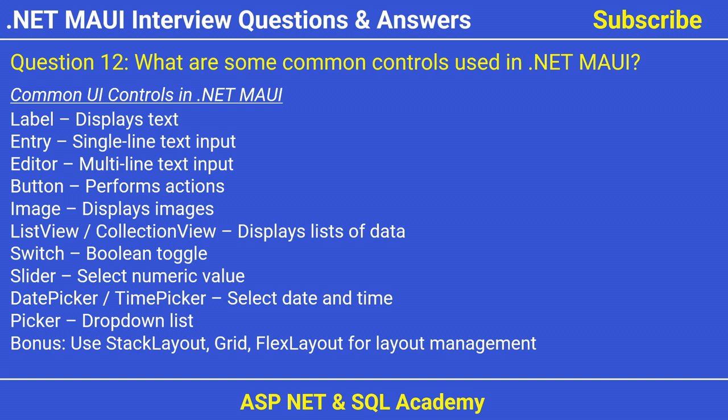Label for displaying text, Entry for single-line text input fields, Editor for multi-line input like comments or descriptions, Button to trigger actions when tapped, Image to show pictures or icons, CollectionView or ListView for displaying a list of items such as product lists or chat messages, Switch to toggle between true or false states,